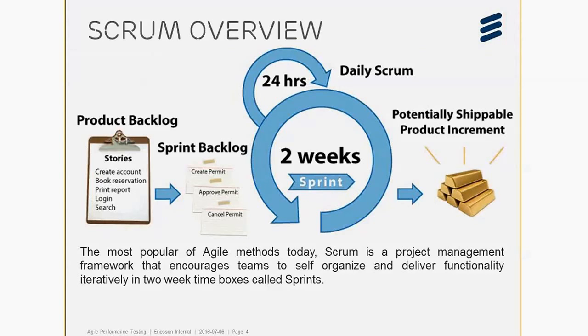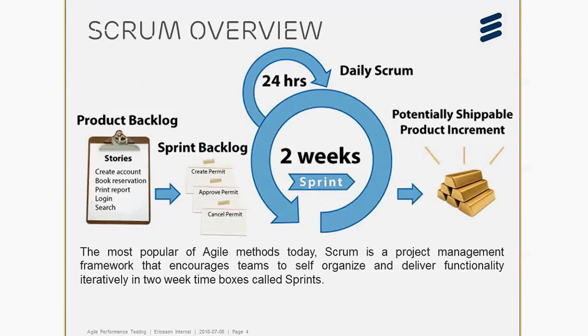So there is a product backlog which is maintained by a product owner, and they have a few stories. You can see create account, book reservation, print report, logins, stories which are being discussed with the business. The product owner does that work, and based on those stories and their prioritization, a sprint backlog is created. So when we talk about what a sprint is,